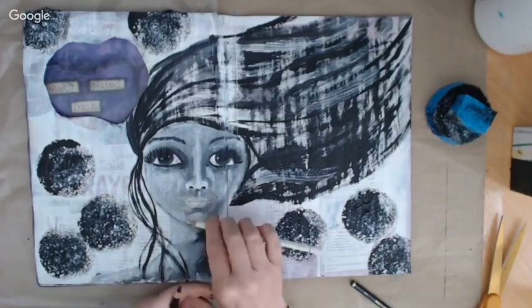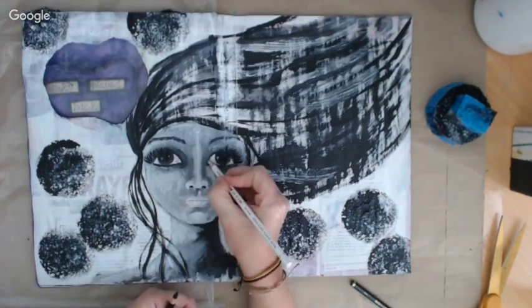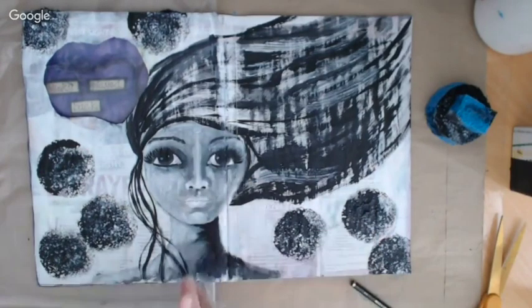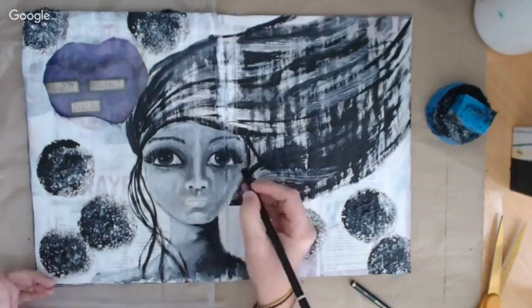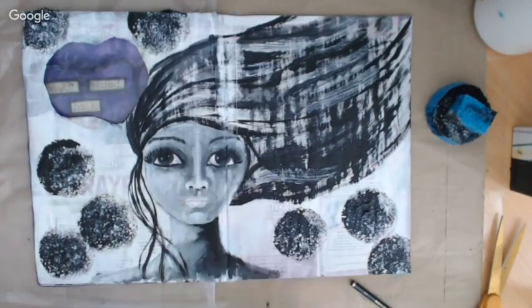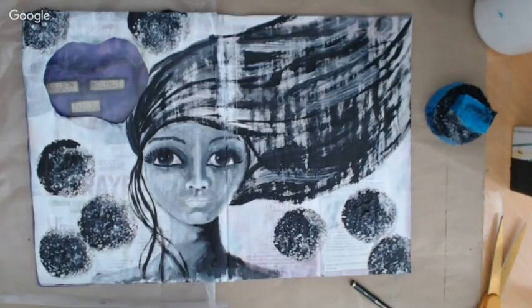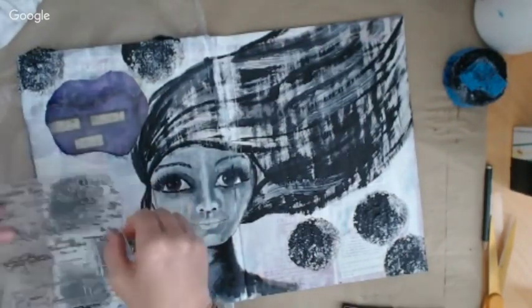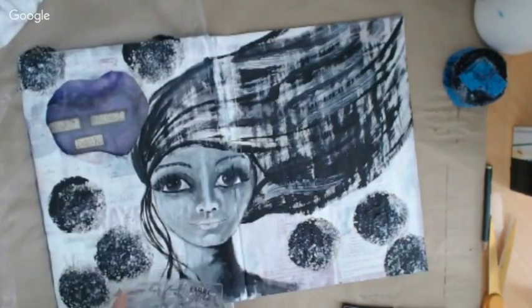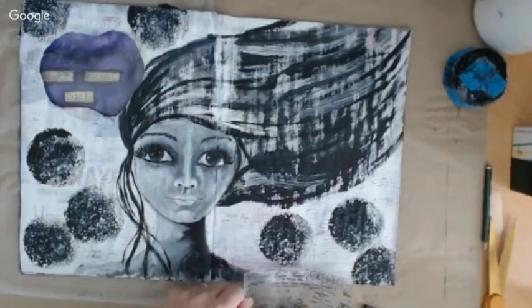Yeah, I think the wax crayon came out okay. In the end, it certainly helped me put in highlights and things like that. Of course, I couldn't use the wax crayons all the way through because I never thought of it until when it said draw. I'm using a stamp here now, just with some black ink, just to take away a little